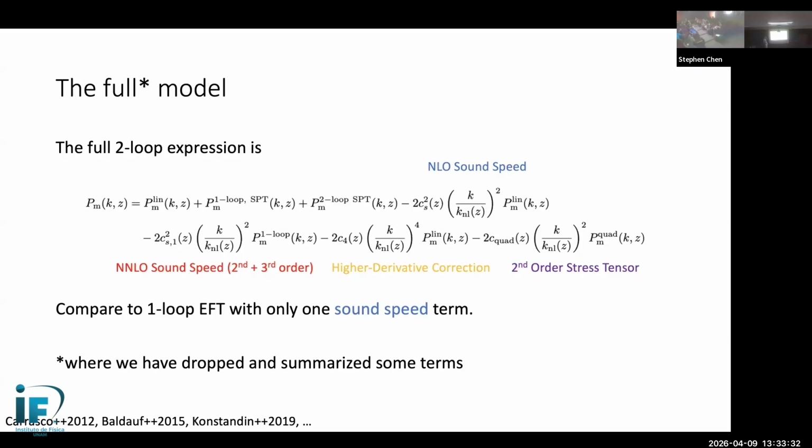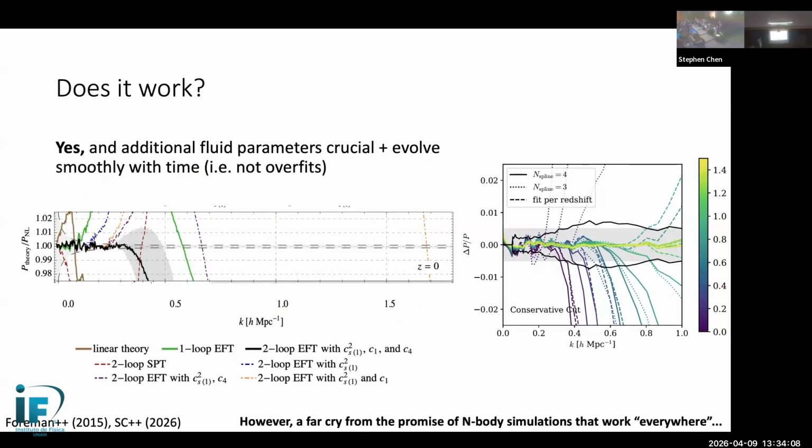And if you go to one order lower in the theory, at 1 loop in the perturbation theory, then the only correction you have to include at that order is this next leading order sound speed. But okay, the total expression is not terribly important, and this asterisk here means that I've actually dropped many terms, because many of these terms are somewhat degenerate theoretically, and so typically when we do these analyses, we don't include all of them. For example, I've here only included 2nd order in the stress tensor, but in fact, there's also a 3rd order which I've dropped. I can go into all the details later if you want, but it's a bit annoying to describe during a talk.